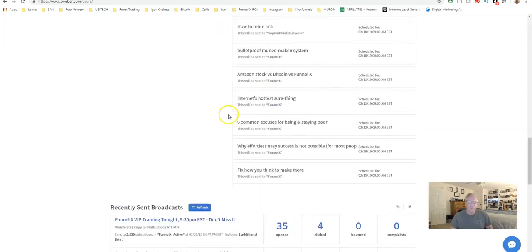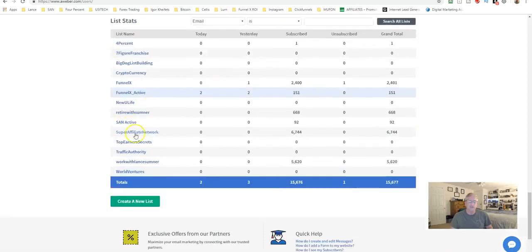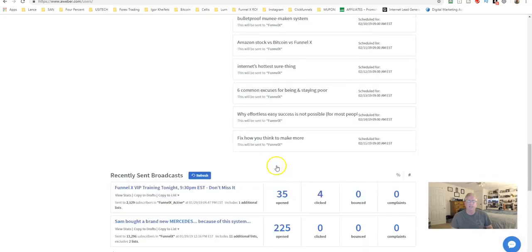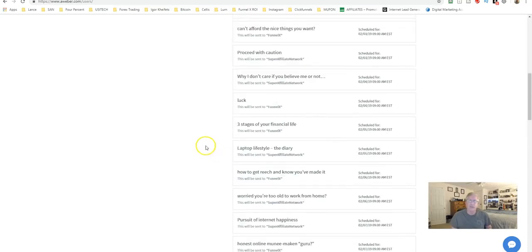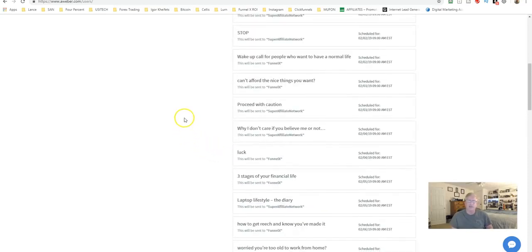Down here at the bottom, you can see some of the details. You get all the lists you have and the total subscribers on each list for whatever opportunity you're doing. You can get the stats down there, and you clean up your list after a while. You can see how there are only so many subscribers in different lists. Sometimes you're not doing things with those lists, so you can remove those subscribers and move them into the list you would like them to be in, and then deactivate the list you're not using, or maybe create a new list for something else that you're doing as you get rid of the old.